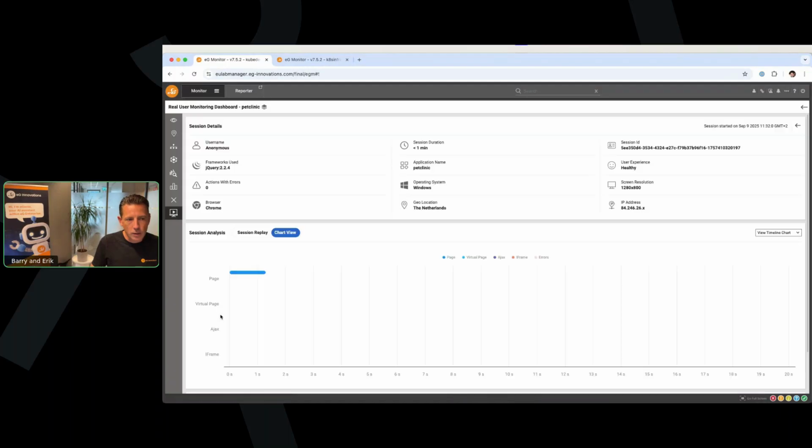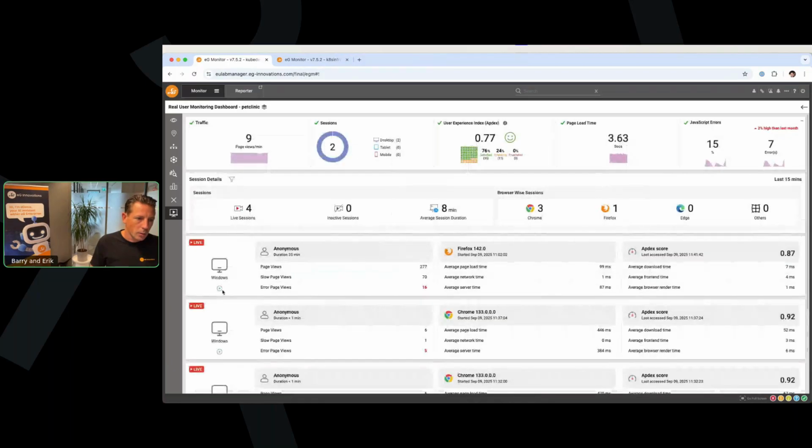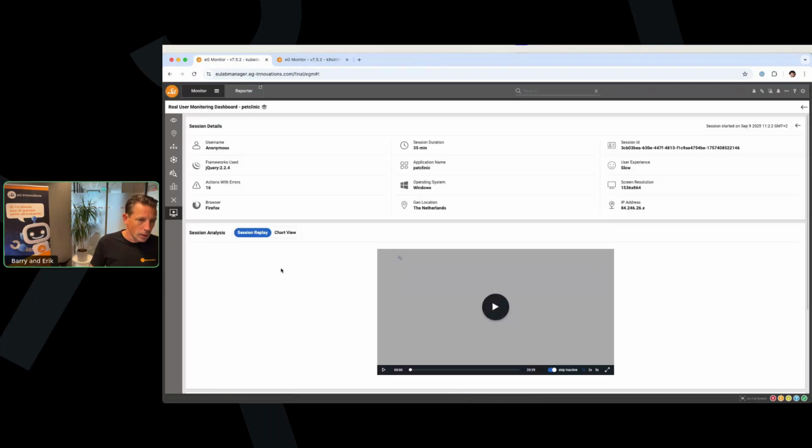And when we click on this, we can actually see the session and the chart view of how a user acts within the application. And for this session specifically, we can see the start icon here. We can actually do a session replay, so we can see on the screen exactly what the user was seeing on his endpoint. So really helpful functionality to get a really good feeling about how well this application is performing